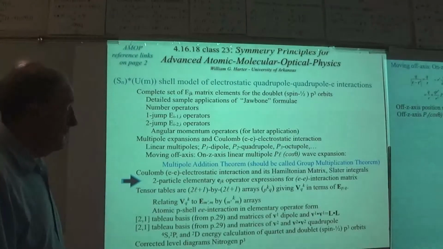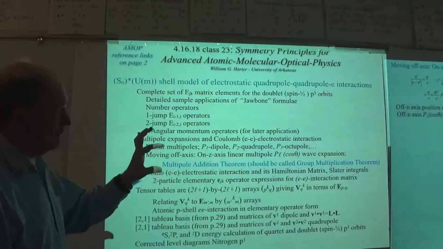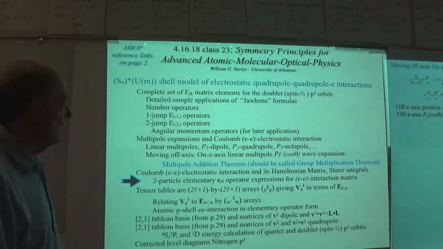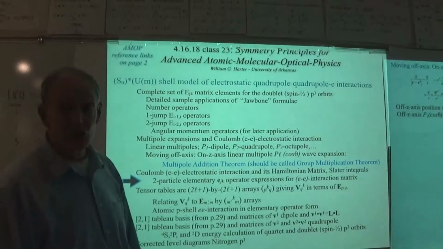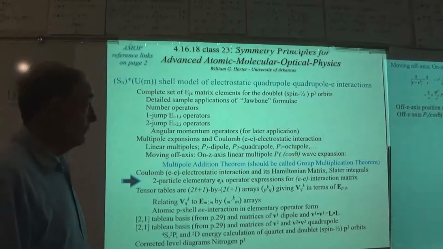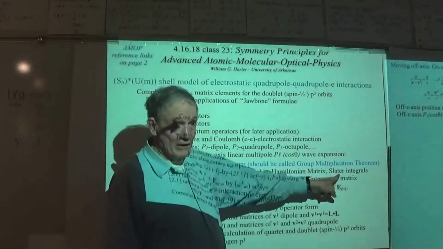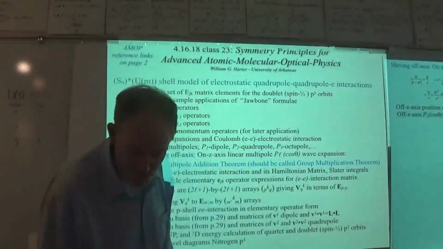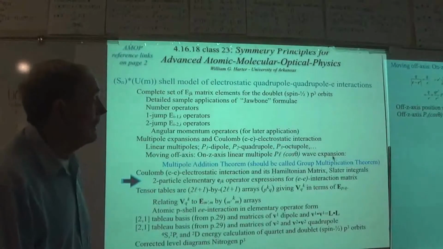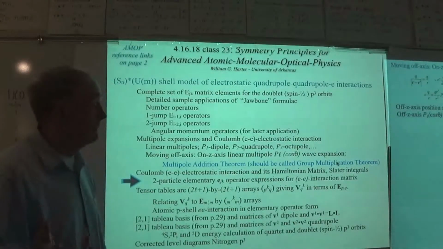So we'll be getting answers here that are differences in energy levels. We will not be getting the absolute values of the energy levels unless we work out those guys, the Slater integrals. Okay. All right,